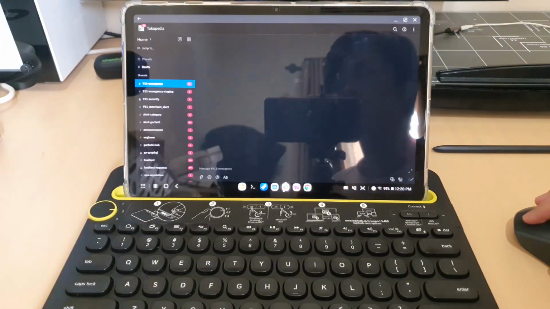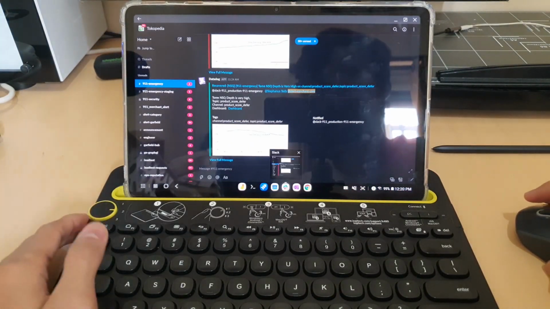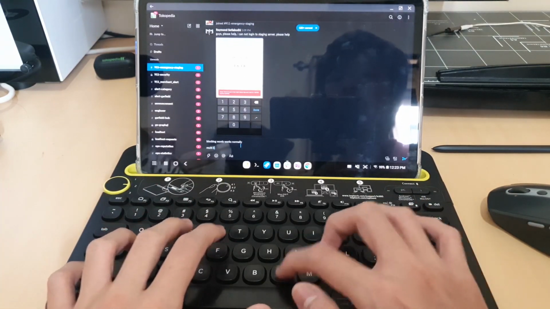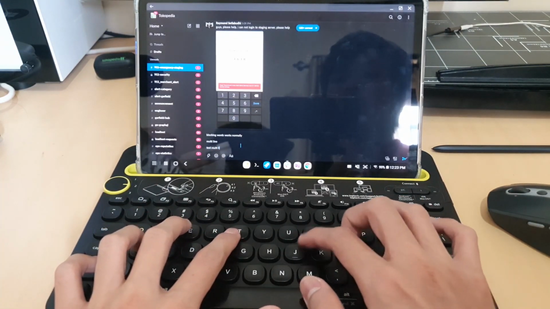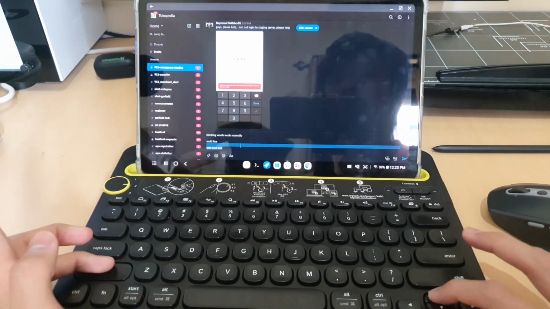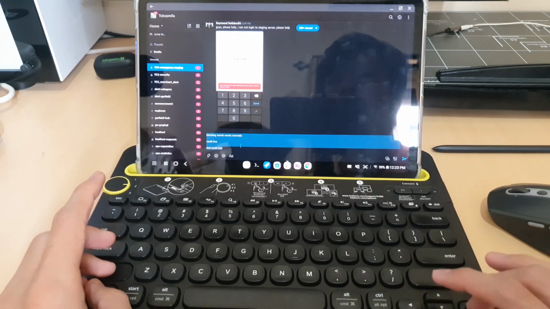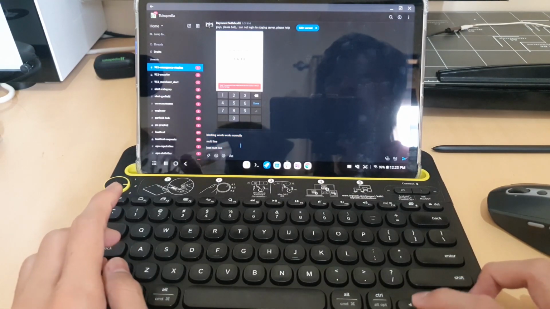For communication, I use Slack. In Slack, the behavior is pretty natural. I can send a message by pressing Enter, and create a new line by pressing Shift Enter, which is good because it is the same as Windows on MacBook. And almost all the shortcut keys are the same. Luckily, all the shortcut keys that I use are the same as Windows.